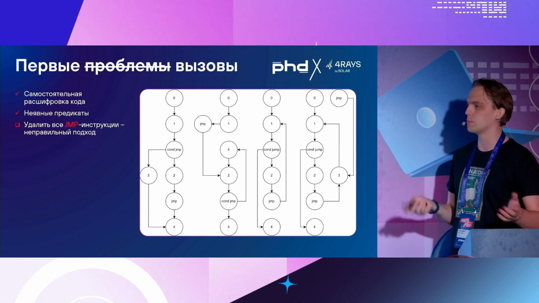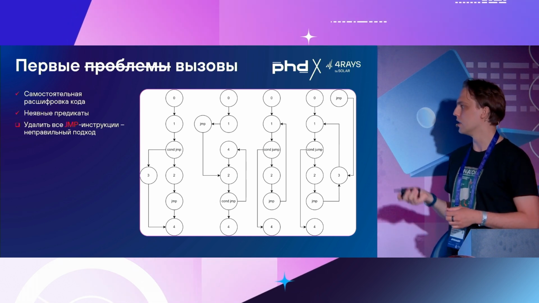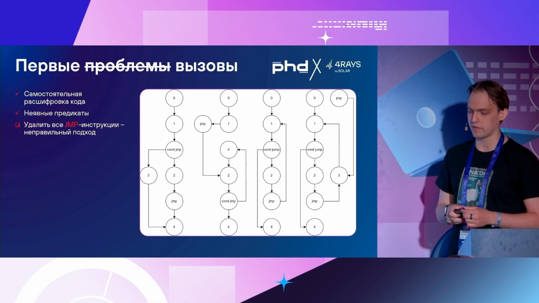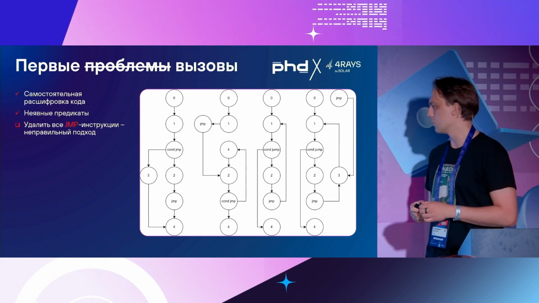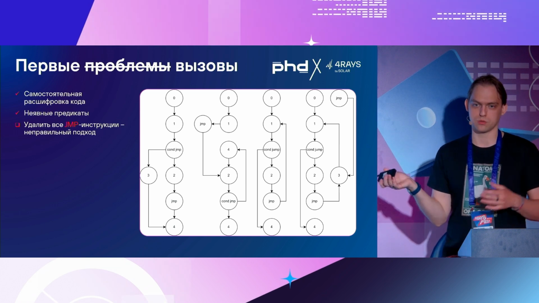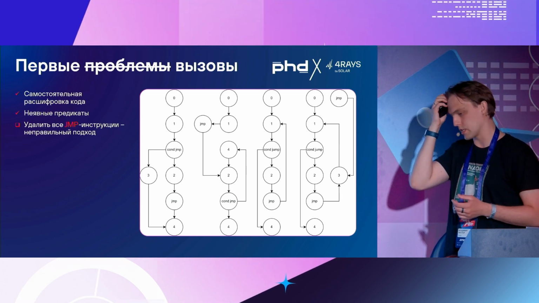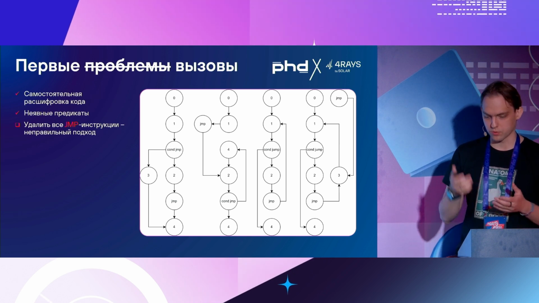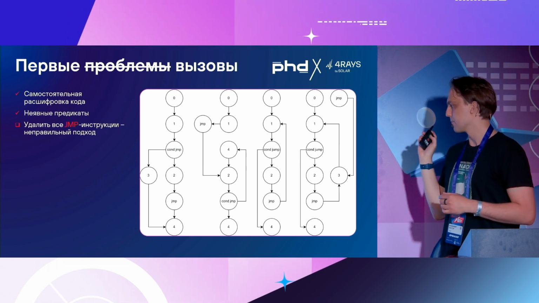an executable file with all the functions, but they were obfuscated. It was very unpleasant to look at them. And besides that, there were some implicit predicates, and I had an algorithm how to bypass them. And removing GMP guides is not a logical way, because they may be used for good purposes as well. It means that we had to find some logic as to what GMP functions could be removed and what